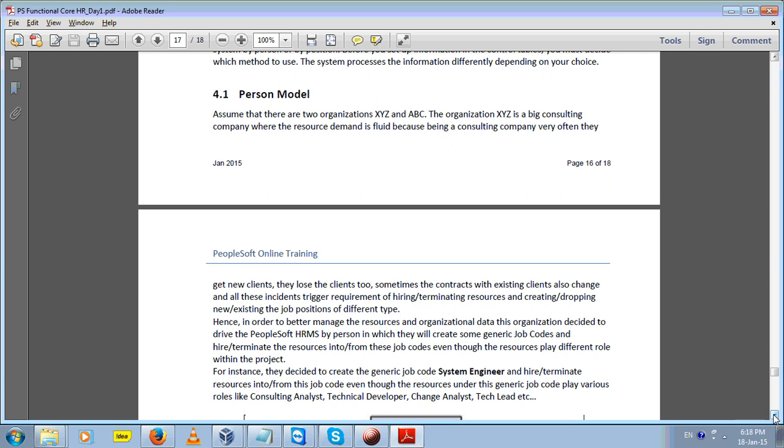Sometimes it is very much, sometimes it is very less. So when it is very much, they have to create that many profiles or vacancies. When it is very less, they have to drop them off, right? So if this is the nature of a company, then in this case we will use the person model. So what we will do,